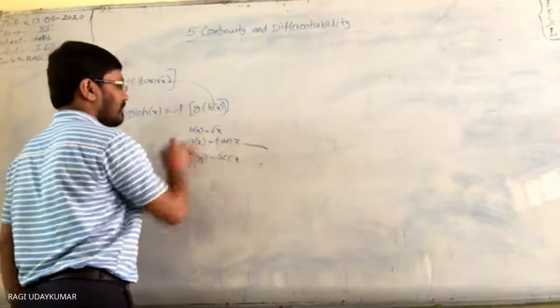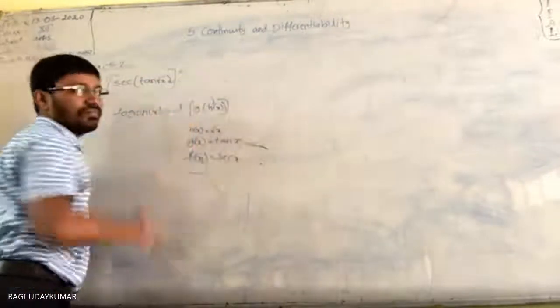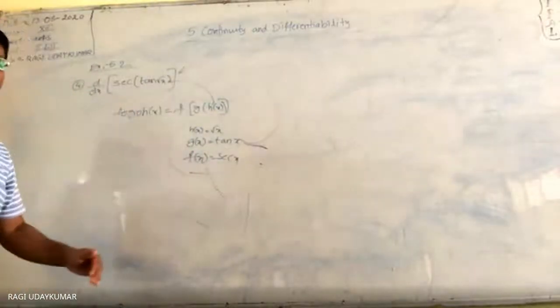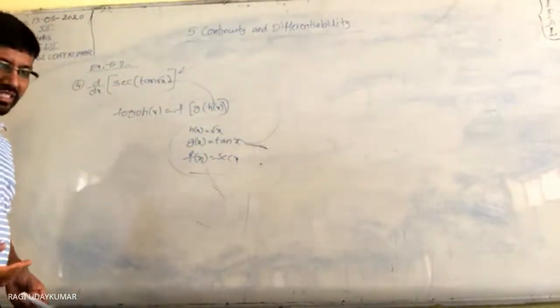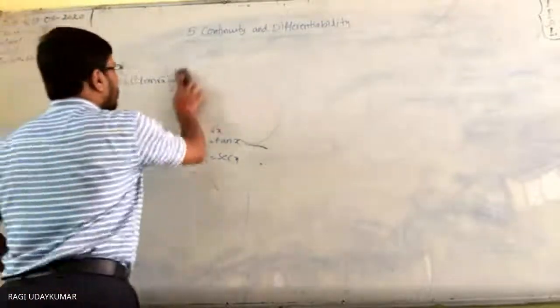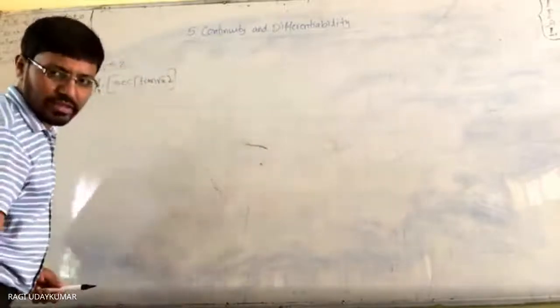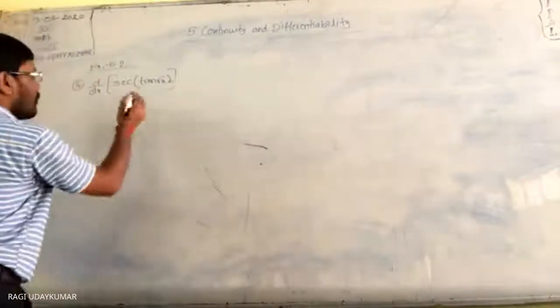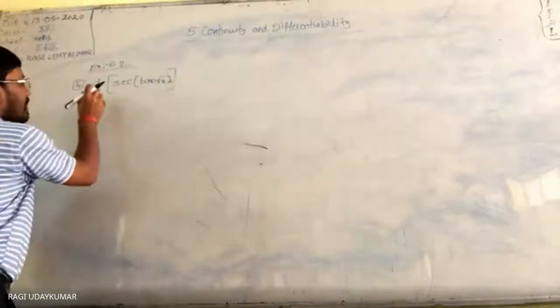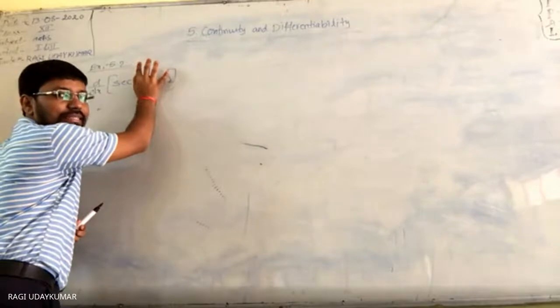Now you apply here in this place. This function will come. So three functions are there. This is a composite function of the three functions. When you go for the normal method, it may take you a little bit. Since it is a composite function of the three functions, three steps will be taken. So when you do the differentiation, d by dx of this whole thing, you consider this one completely as x.